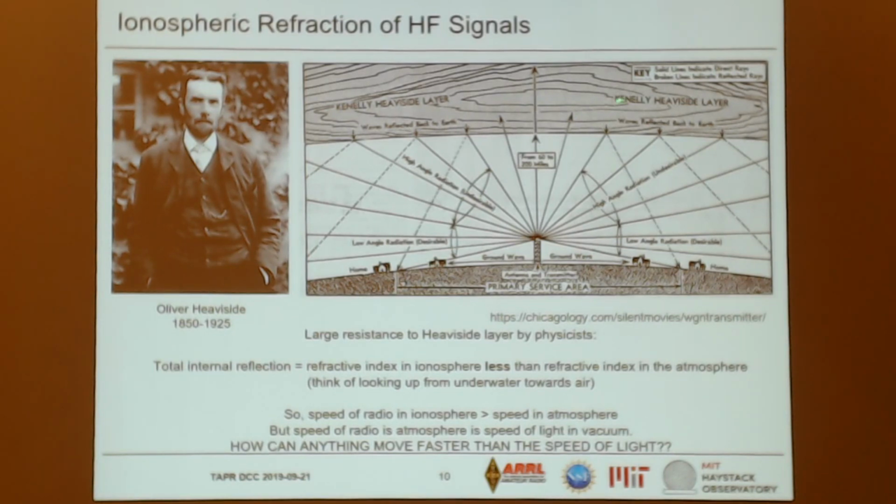This is mostly free space. It's not really delaying that. That means that this refractive index is less than 1, so the thing's moving faster than the speed of light. That didn't make any sense. Nothing moves faster than the speed of light, right? Einstein is okay. It turns